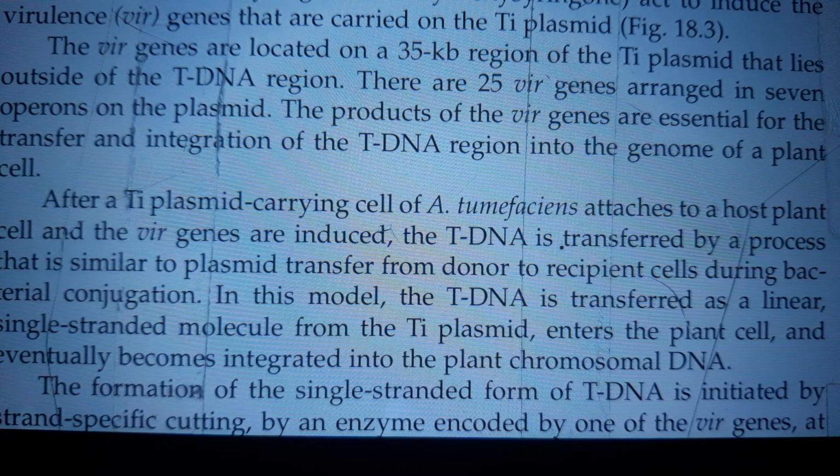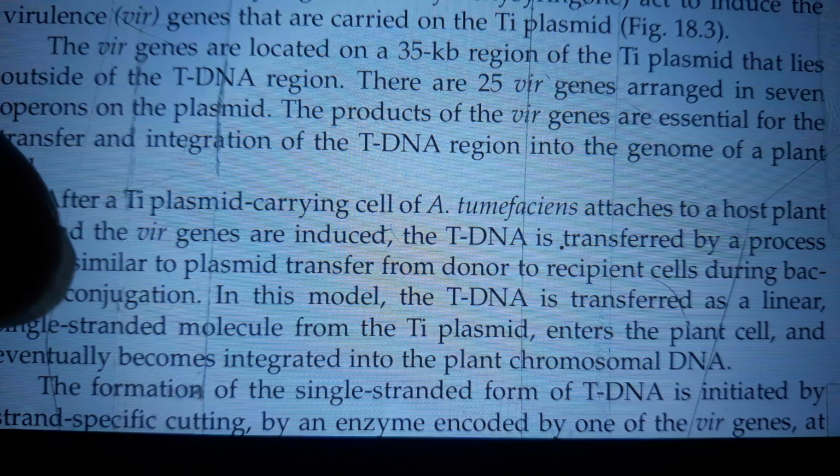The vir genes are located on a 35 kilobase region of the Ti plasmid that lies outside of the T-DNA region. There are 25 vir genes arranged in 7 operons in the plasmid. The products of the vir genes are essential for the transfer and integration of the T-DNA region into the genome